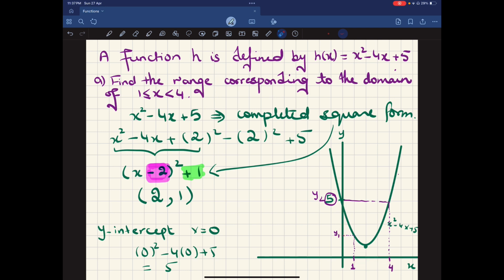However, let's have a look at the graph. This is the domain. What are the values of the function for this domain? So we begin at y1 and see it decreases first and then it starts increasing. So what is the minimum value of the range for this domain? This is the minimum value. So our range is going to be between this value and y2, the maximum value. This is the turning point, so this is going to be the minimum value, which is basically